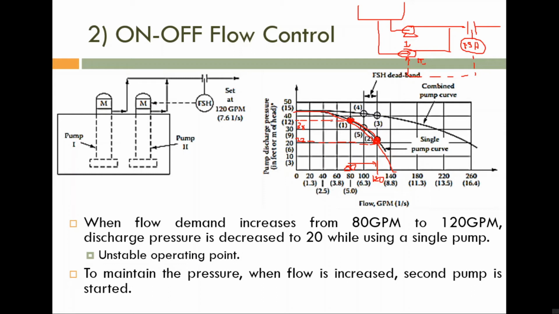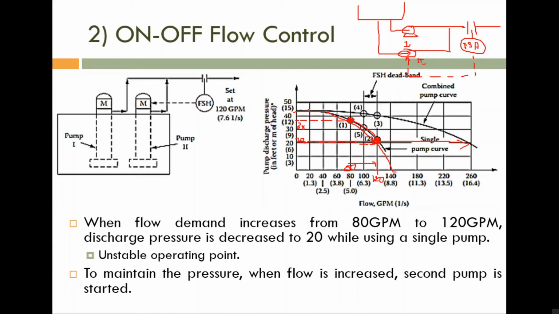So what is happening? If two pumps are operating parallelly, in last class I told you, assume that the capacity of these two tanks are same. So earlier this one is the flow rate given by one pump. Now the second pump will also give the same flow rate. So what will happen? The flow rate will increase.